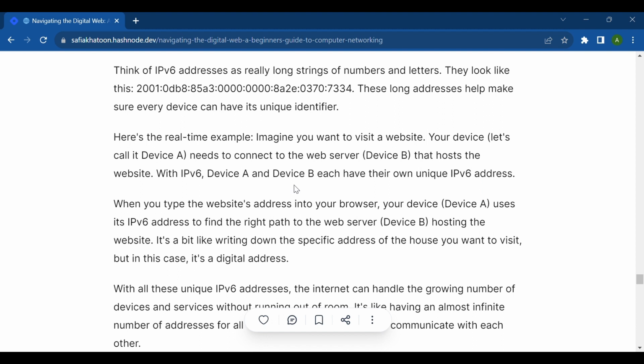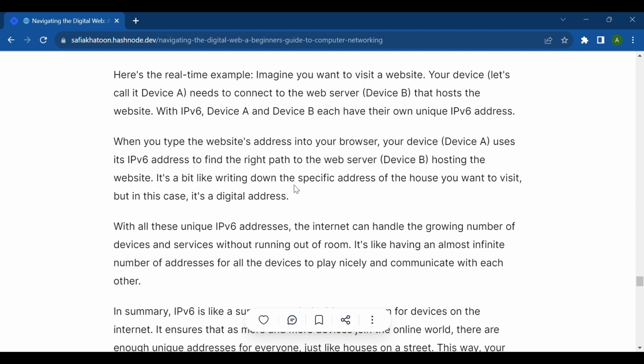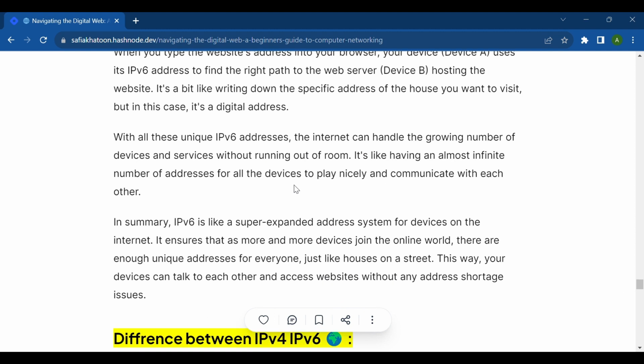So it's a bit like writing down the specific address of the house you want to visit, but in this case it's a digital address. So with all these unique IPv6 addresses, the internet can handle the growing number of devices and services without running out of room. Get it? So it's like having an almost infinite number of addresses for all the devices to play nicely and communicate with each other. So in summary,